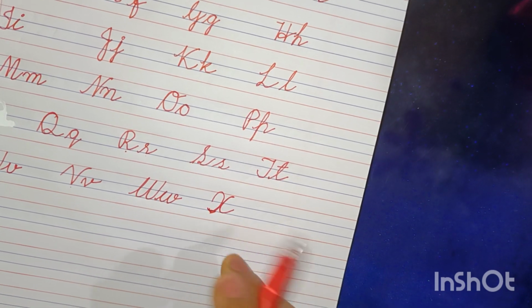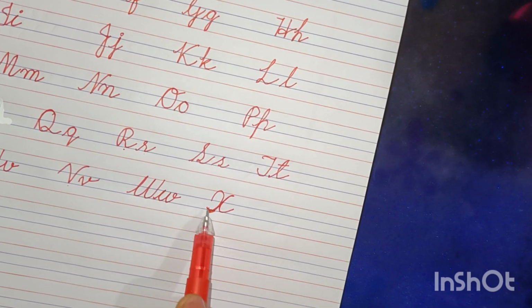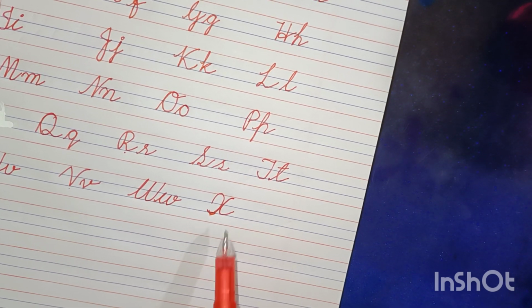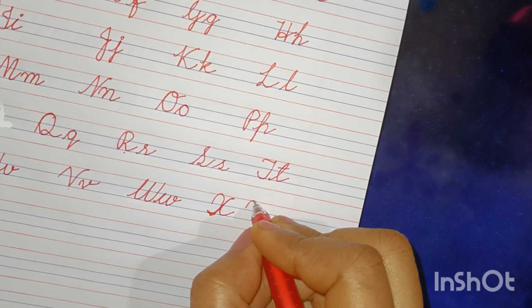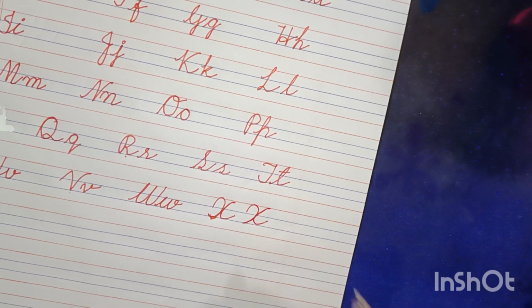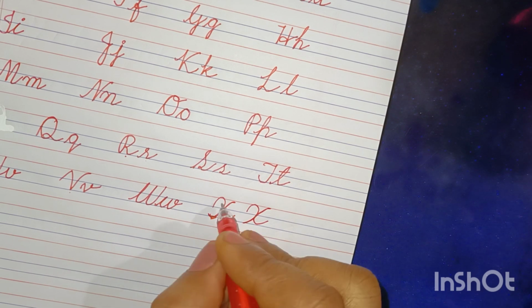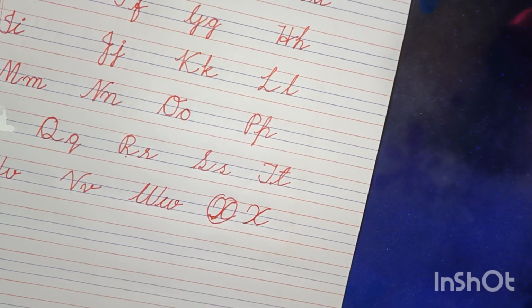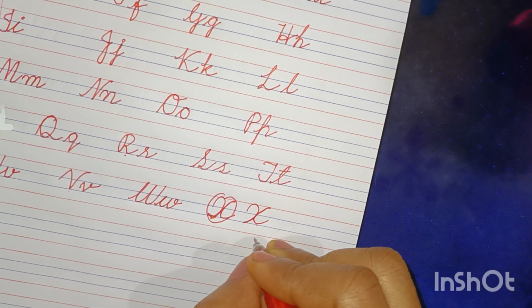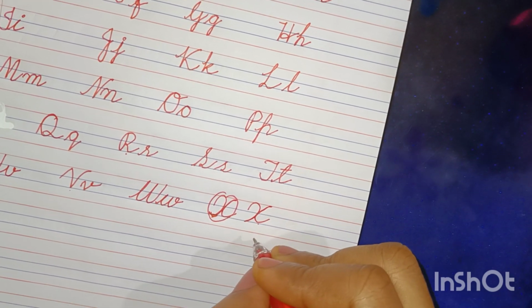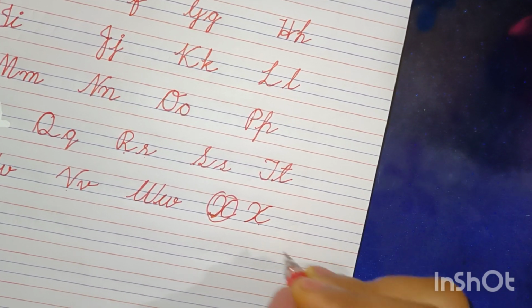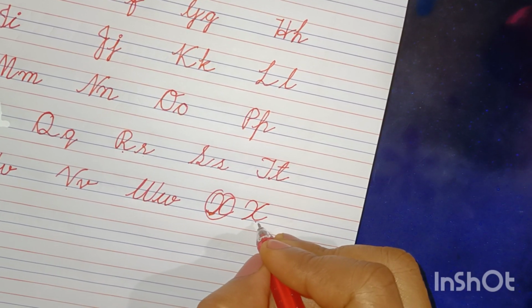But I made one mistake here. You don't need to make this mistake that I made, writing below this third line. You don't need to write like that. You can write like this only. Okay, because you're so smart, you'll not make any mistake. Okay, this is wrong and this is right. But you didn't tell me which letter this is, capital cursive X or small cursive X. Okay, this is capital. Nice. This is capital cursive X.